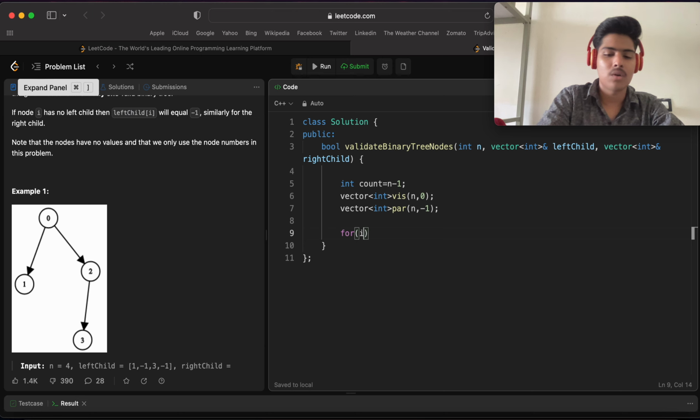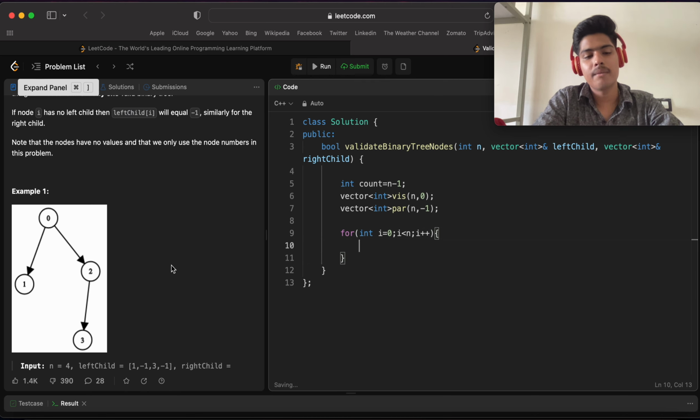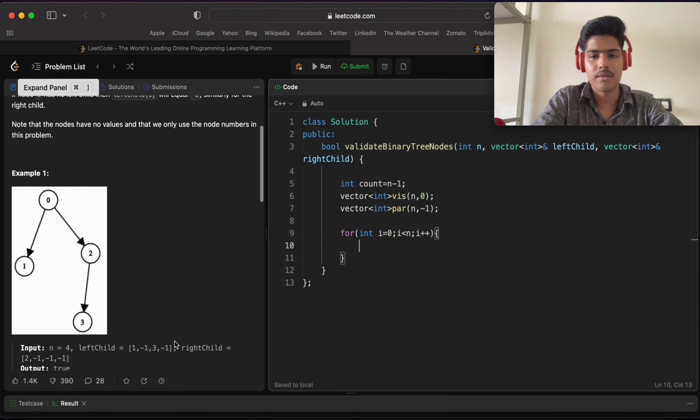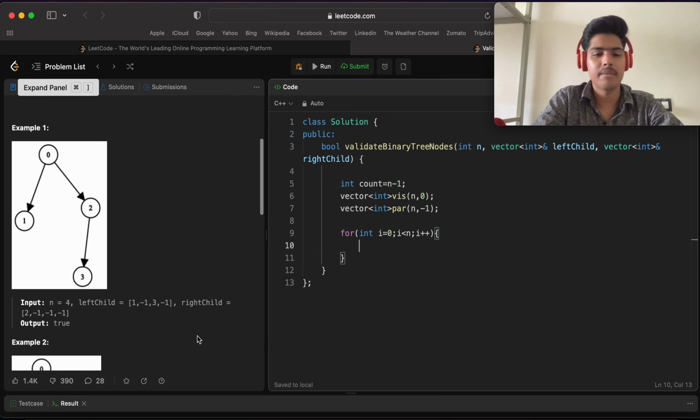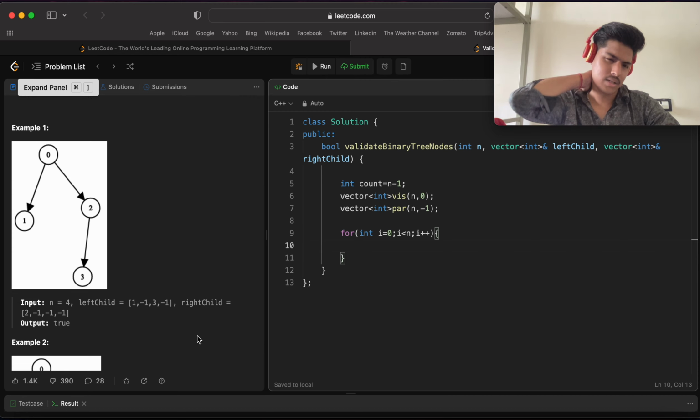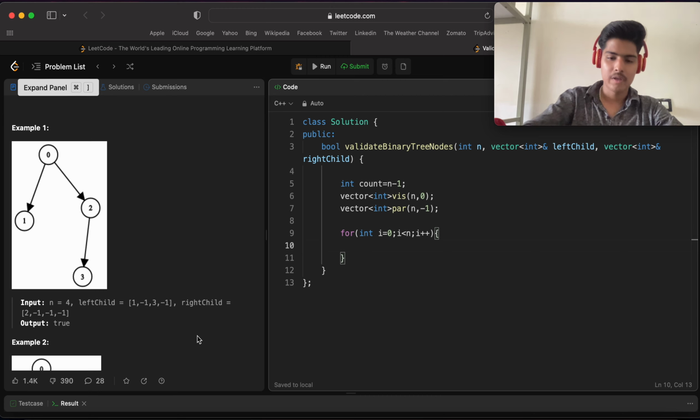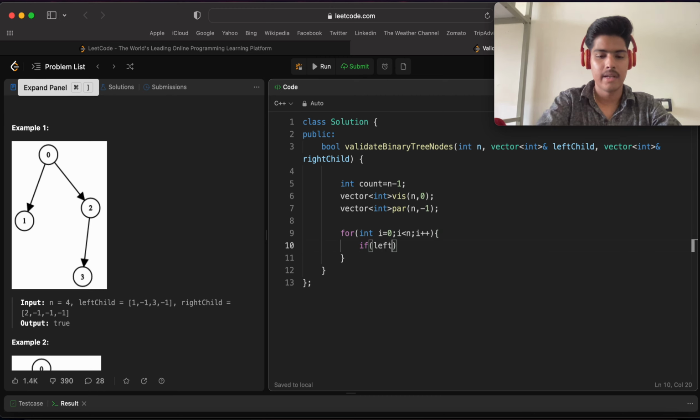So let's write the code for int i equals to 0 to i less than n, then i plus plus, and we will traverse from the left child. The right child will be the same. Then only we have to think about the left child. So if left child